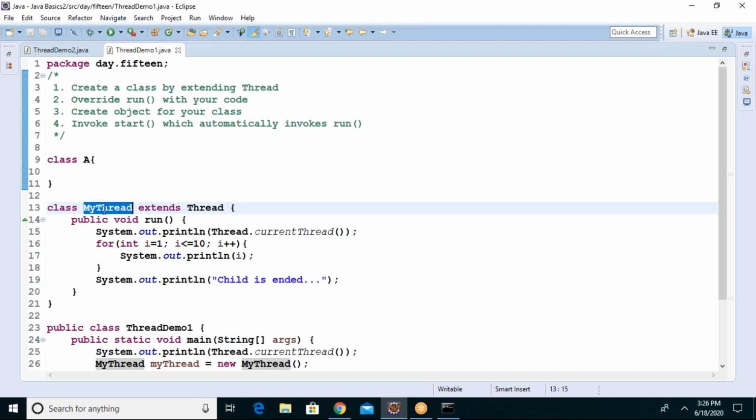Can I inherit this class here? Are you sure? No, we can extend only one class, right? Multiple inheritance in Java with classes is not possible, right?